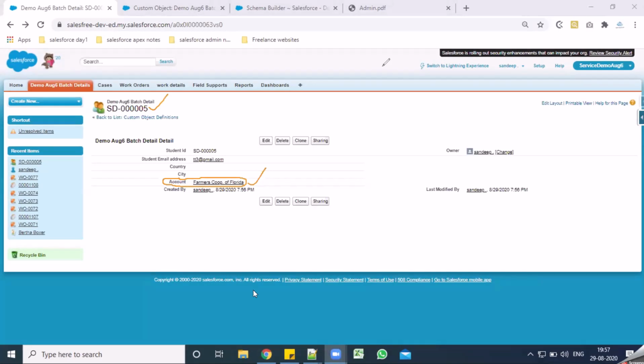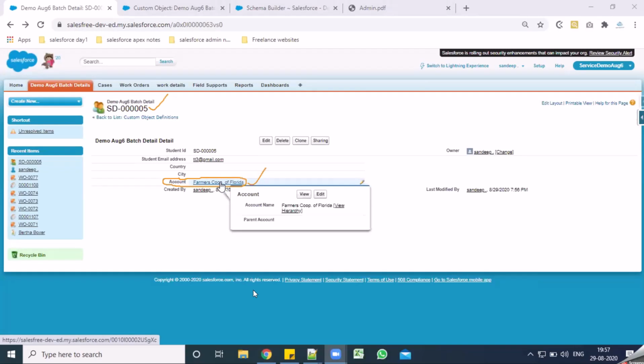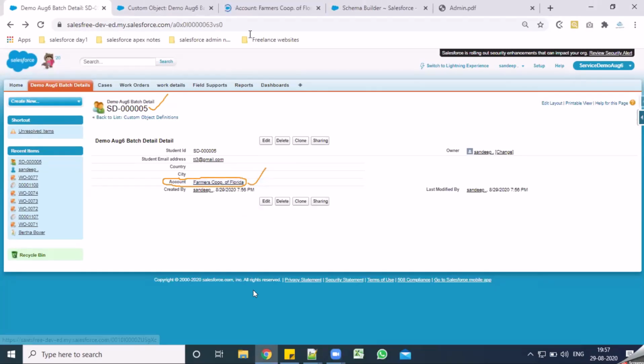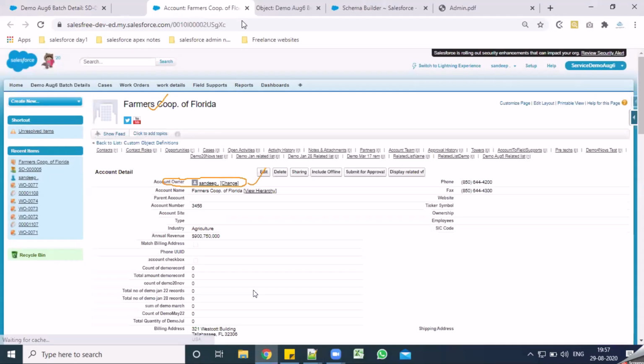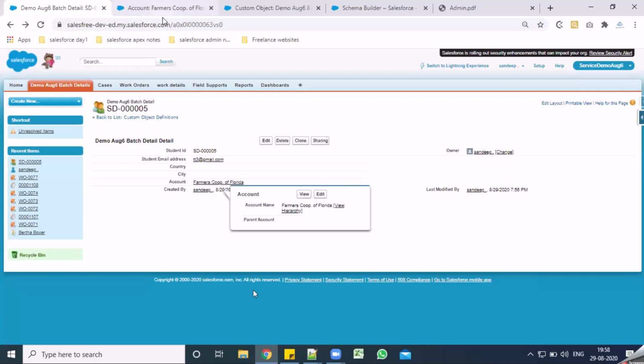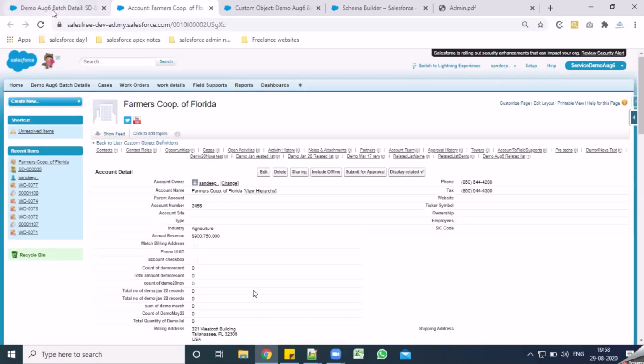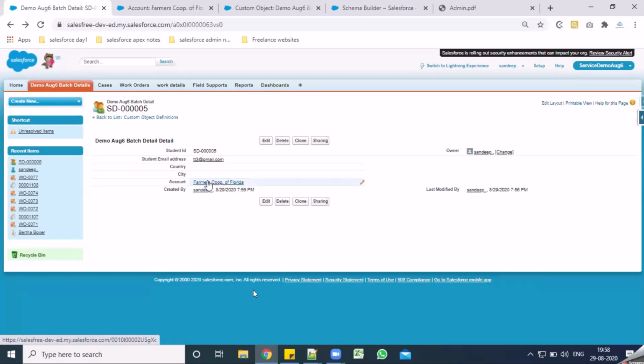So I'll press and hold Control and click on this link so that it opens in a different tab. I just need it for one quick thing. So I've opened this account in a different tab. Now I was able to navigate to this account record just by clicking on that link.